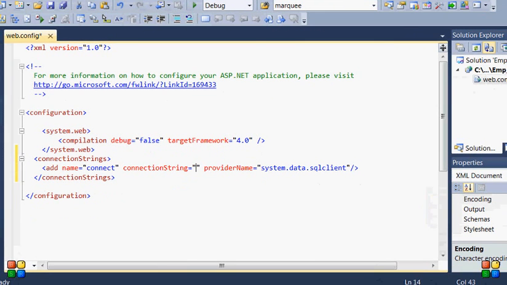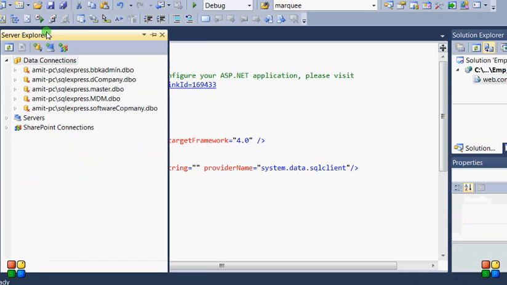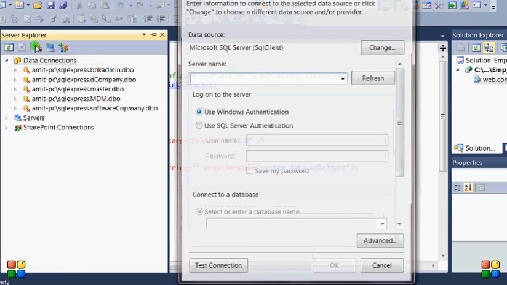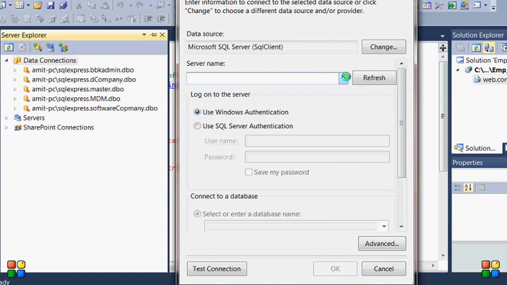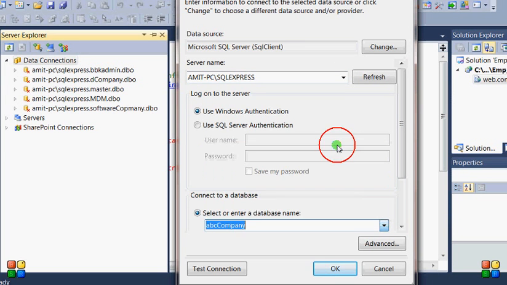So we can do one thing. We can just go into View, add our server. Now the server has come. So we have to just add our database. ABC company is our database.